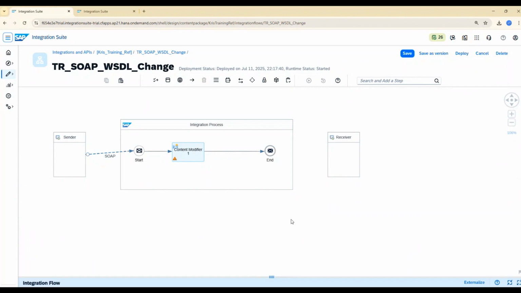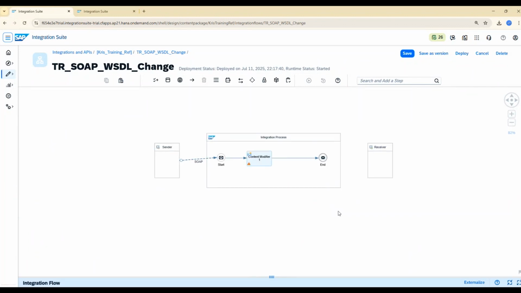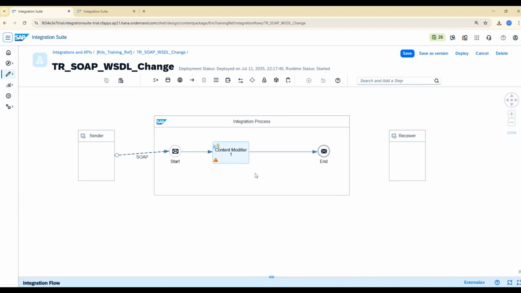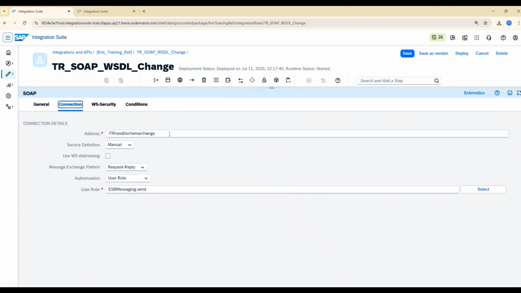So today in this session, one of the consultants asked how we can make changes to the schema of the SOAP sender adapter. This is a small scenario where we are connecting our sender channel. This is the sender adapter, the SOAP adapter, and this is the endpoint. And based on this endpoint,